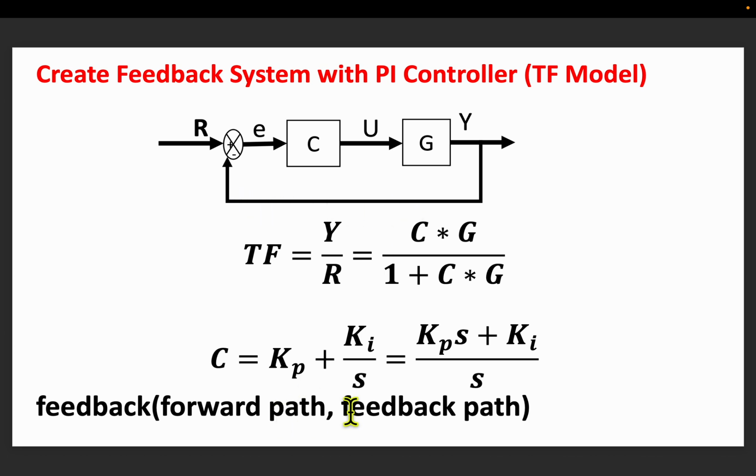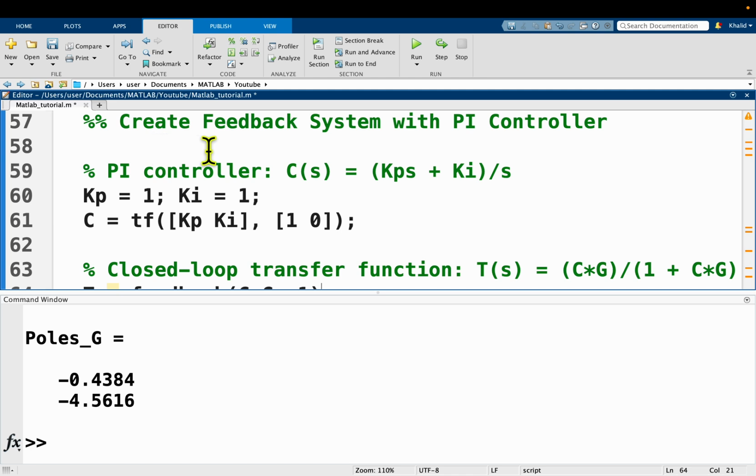So going back to MATLAB, let us now move to the feedback system. Line 59 defines my controller transfer function. For my gains, I define my Kp and Ki as 1s. And then for my controller transfer function, I use the TF function. It has 2 arguments. The coefficients of the numerator polynomial is the first argument, and the coefficients of the denominator polynomial is the second argument. As you can see, I have Kp and Ki for the numerator,